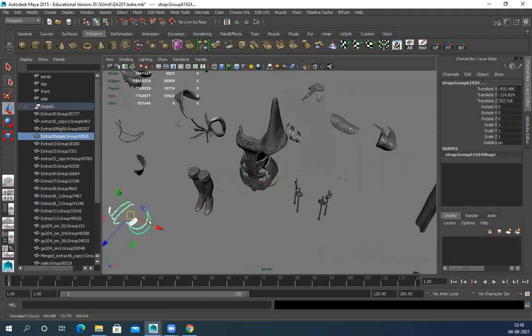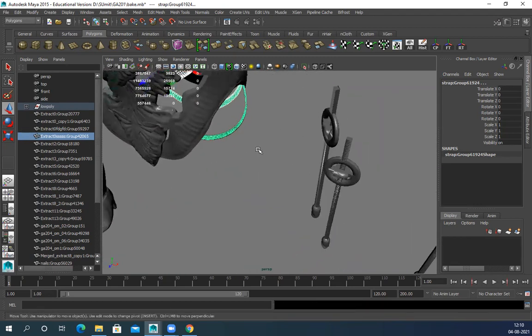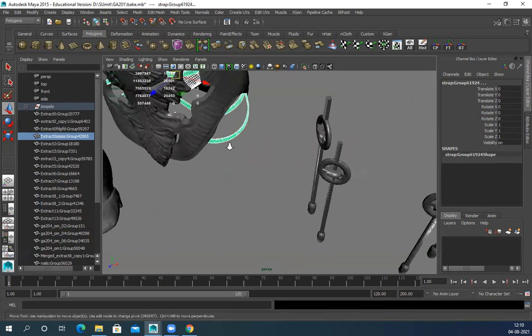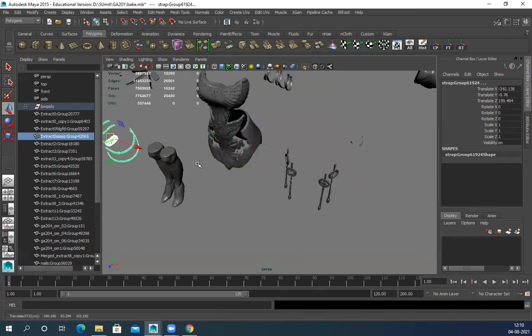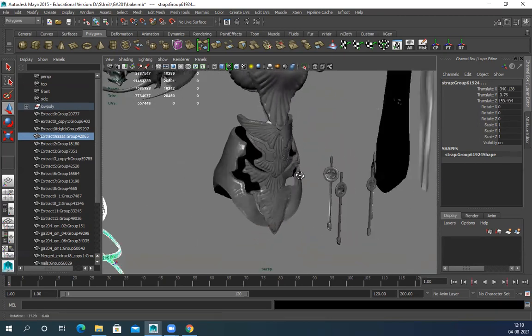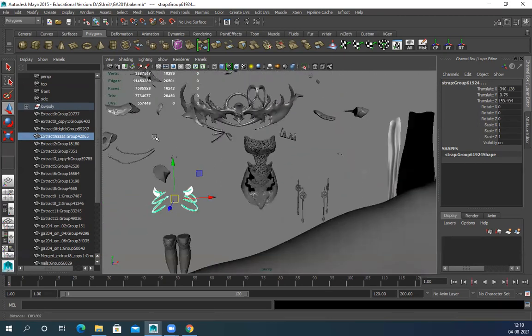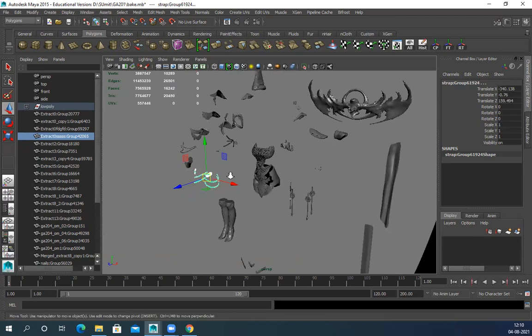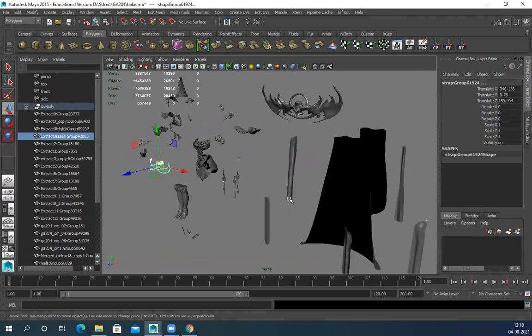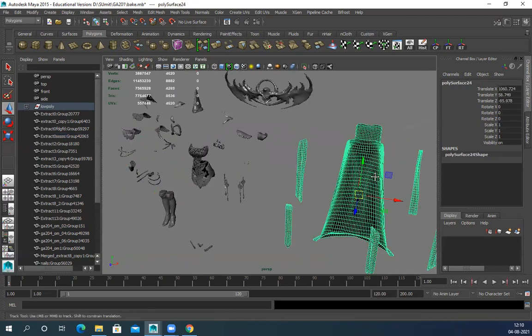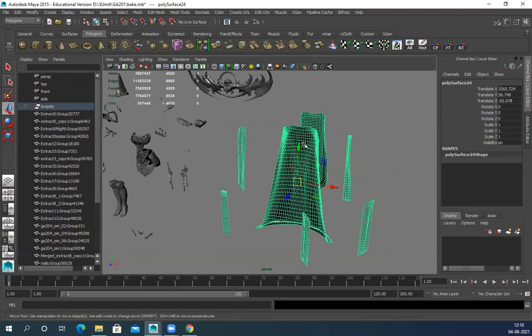And move it. I missed something. So I excluded everything, and this is the same place. So now my low poly and high poly positions are exactly the same. For this part, I haven't exported my high poly, so I want to use my low poly.